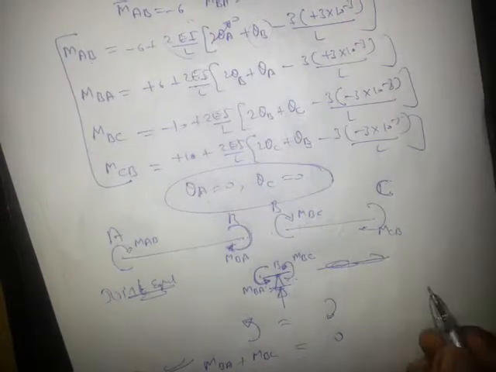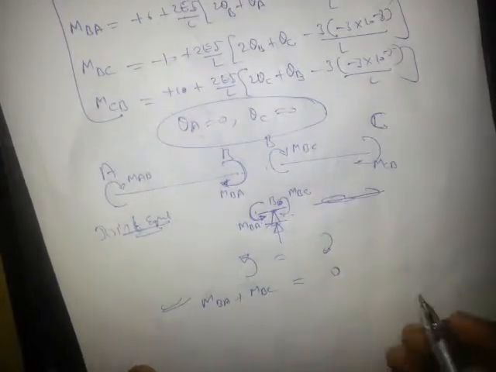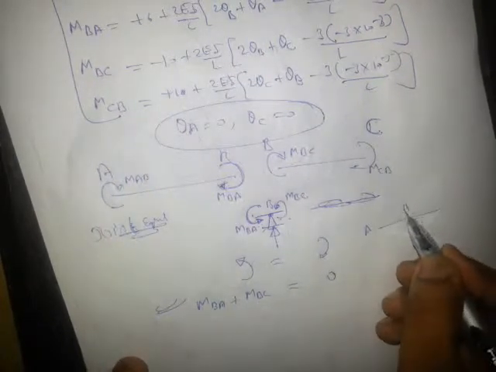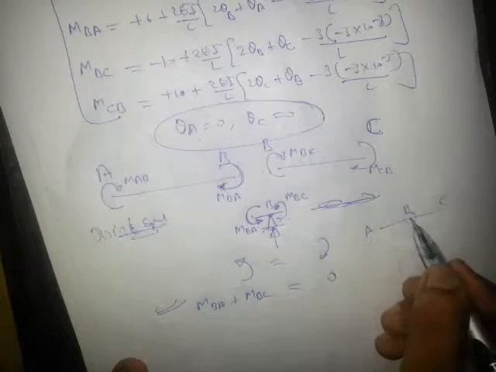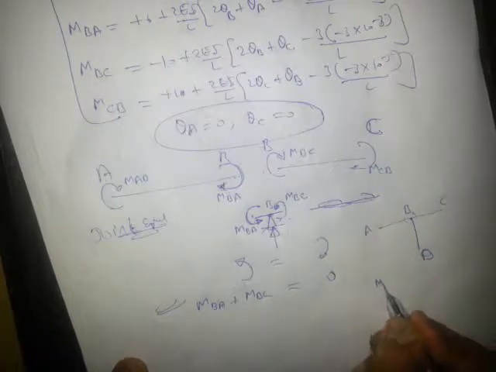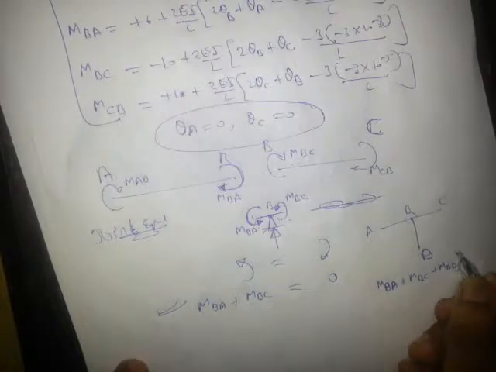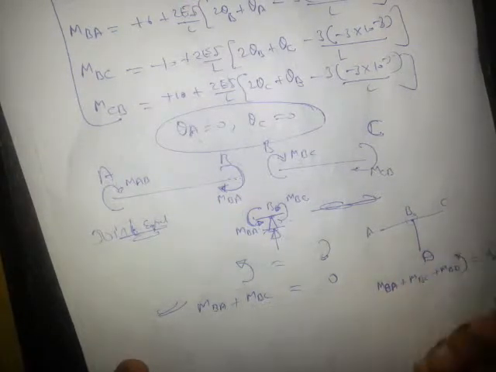For example, our sign convention is that in a member we assume moment as clockwise, so at the joint the moment will be anti-clock. For example, there are 3 members. This is A, this is B, this is C, this is D. So we want to write the equilibrium of this joint B. So we will say the 3 members MBA, MBC and MBD will all be anti-clock. So you will write MBA plus MBC plus MBD is anti-clock and equal to clock. Clock is 0, no clock moment is applied here, right?